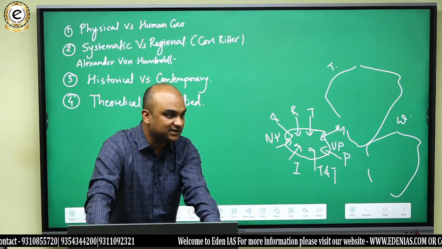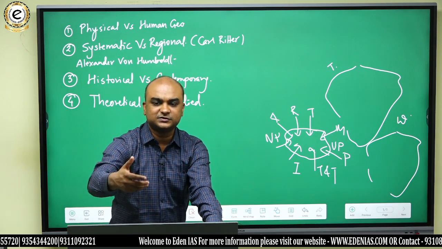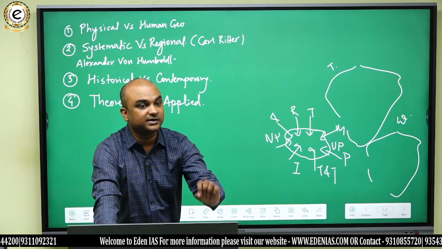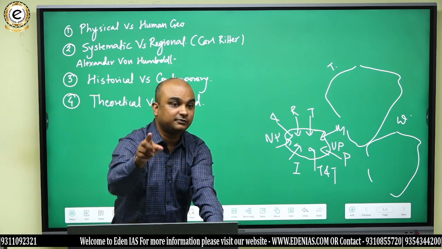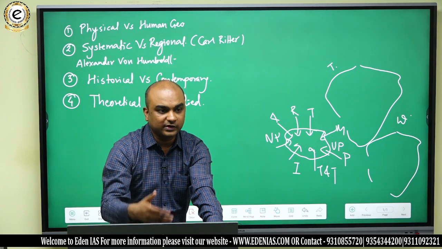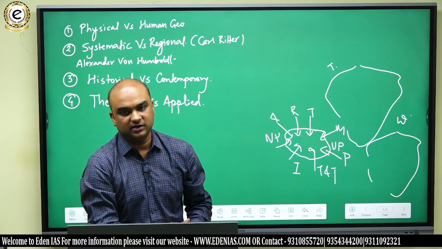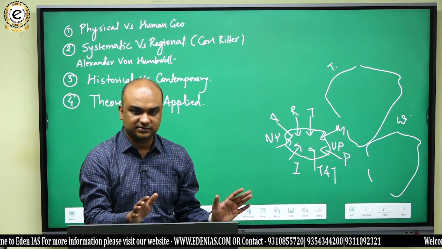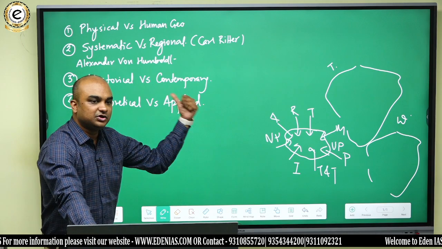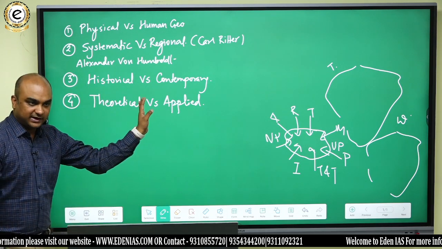Because when you are planning anything, suppose you are planning for a city, suppose you are an IAS officer who is presently working in the road and transport ministry, so you will be having some work related to planning. So there you would need the help of an expert geographer. What kind of geographer? Urban geographer or human geographer, who can tell you how cities should be planned so that mobility is not a problem, congestion does not occur very frequently in that city, all those kinds of things. Do you get that? So applied geography is the planning that is actually happening. Theoretical geography helps you in understanding. Got it? So that's the fourth dichotomy in geography.